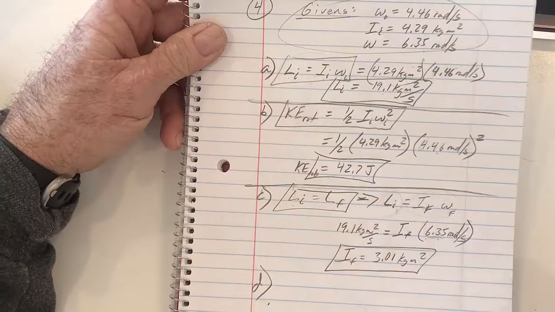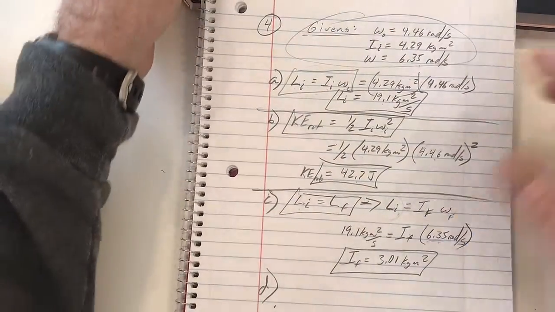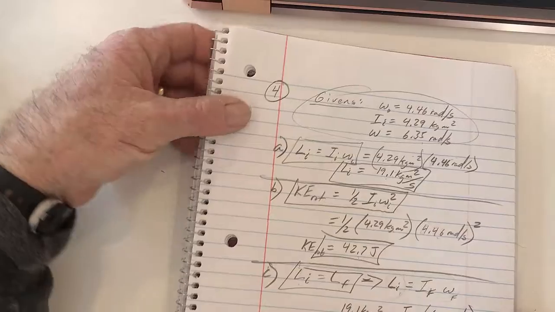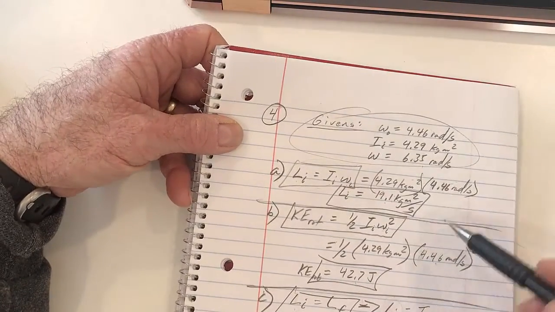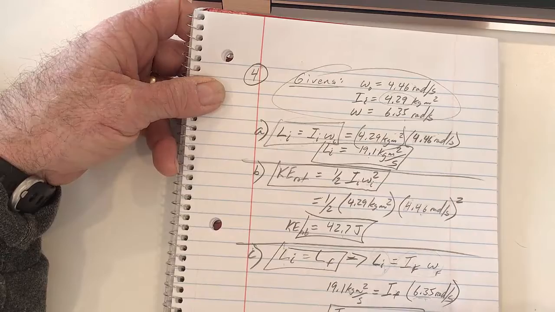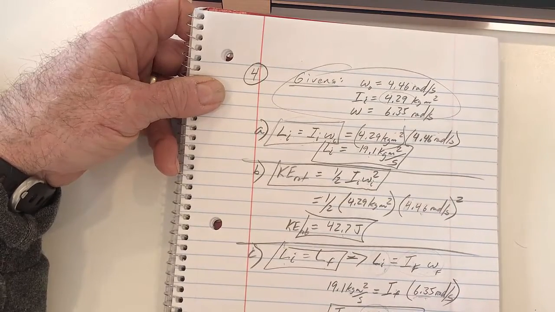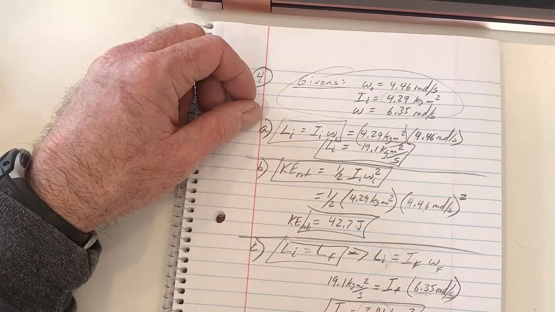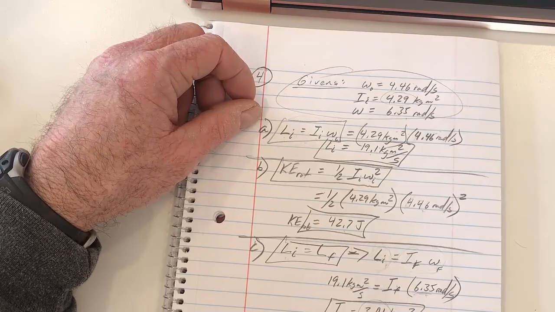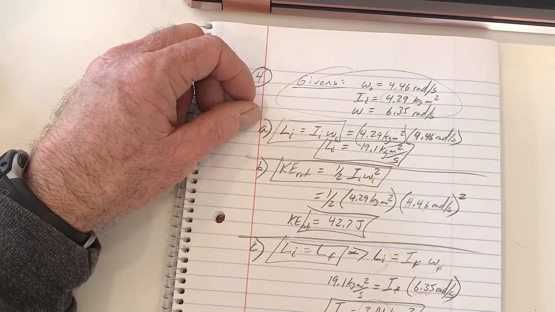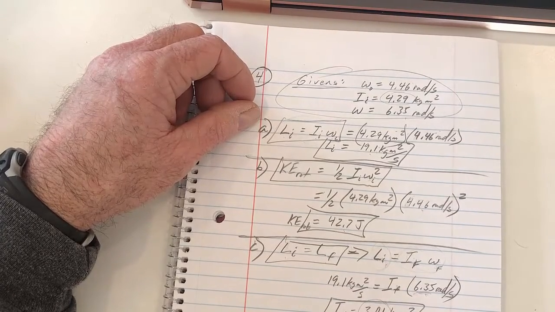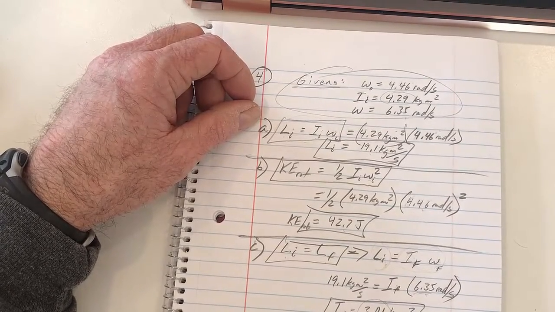I didn't really answer it on here, but there are a couple of ways to do number 4. What does the diver do to cause this change in moment of inertia? If the initial moment of inertia is 4.29 and the final one is 3.01, that means she tucks in. The general form of moment of inertia is m r squared, and all the formulas for moment of inertia have r squared in there. So unless her mass is changing, if her moment of inertia is decreasing, that means her radius is decreasing,